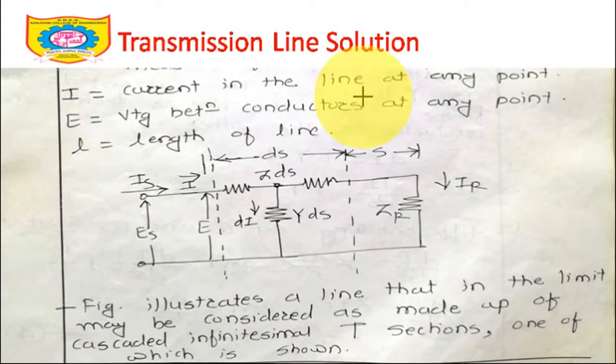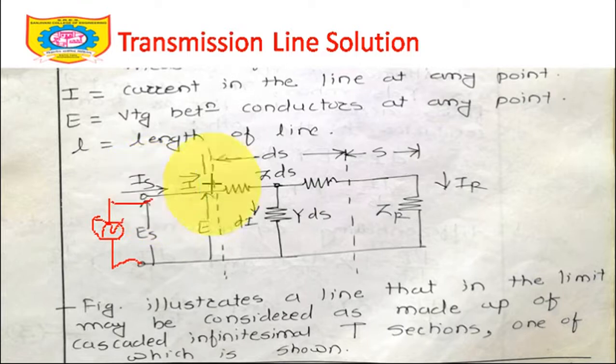Now, what is capital I? I is the current in the line at any point. So this Is is the source current. If it is a generator, let's say a sinusoidal generator which is generating a voltage applied to this transmission line, there will be a voltage associated with it, Es, and current associated with it, Is. So this Es and Is are source quantities. They are not related to the distance s. This s is different. Is is the current given by the generator, but I am looking at a very small section of the transmission line whose length is ds, and this ds section is taken at a distance s from the receiving end.